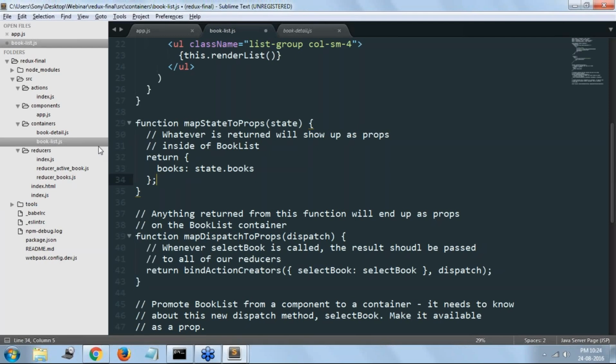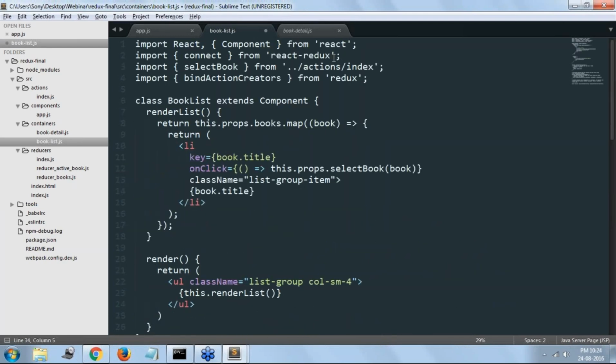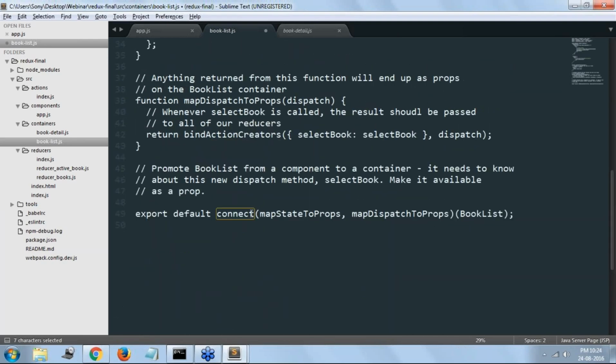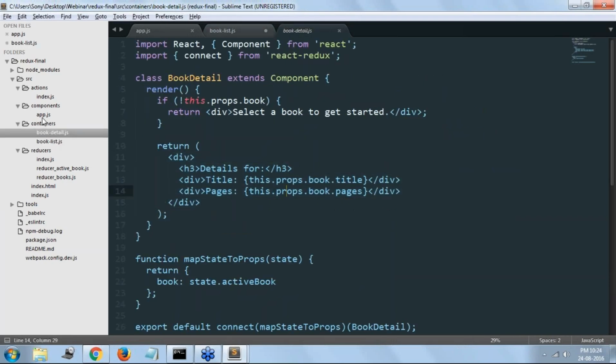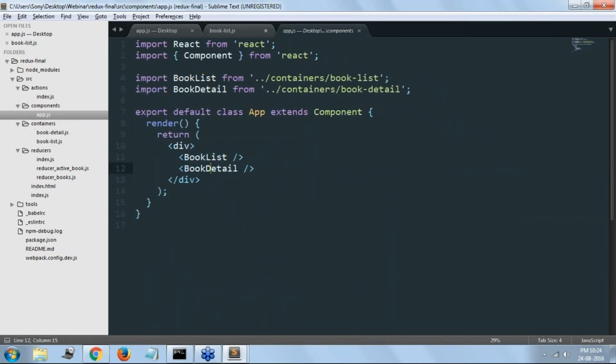Okay, so this is the complete summary of the code we have written. Whenever you click on the active book, it will just update the state object, and using this React Redux library, which provides this connect functionality, you will be able to capture the state from the Redux layer and fire a call to the Redux layer. BookList and BookDetail both are container components, and we are rendering both of them in the App component. Here we don't have any dumb component because both are container components talking to the Redux layer. So this is all about the demo.